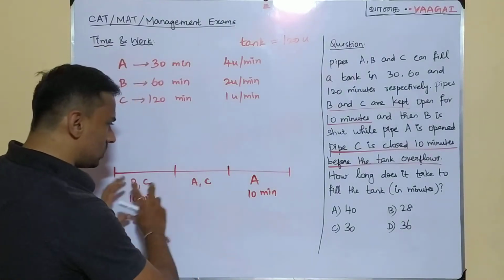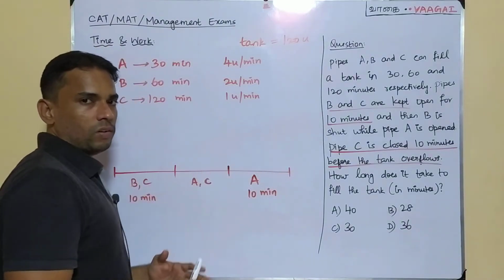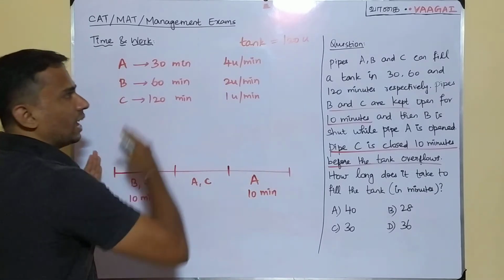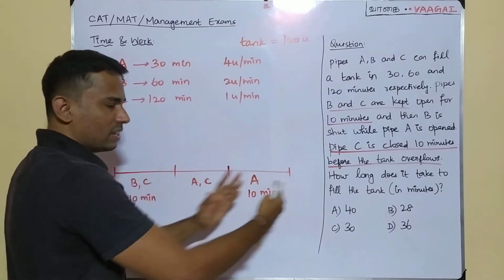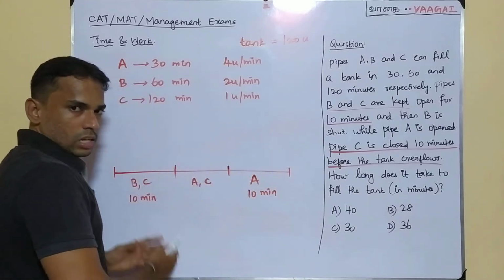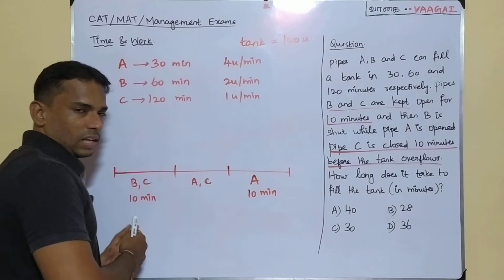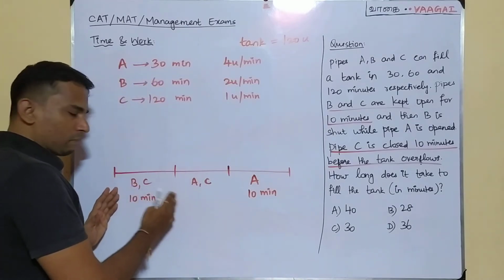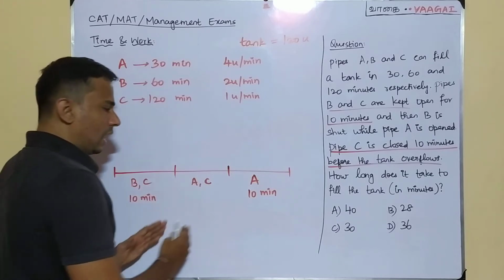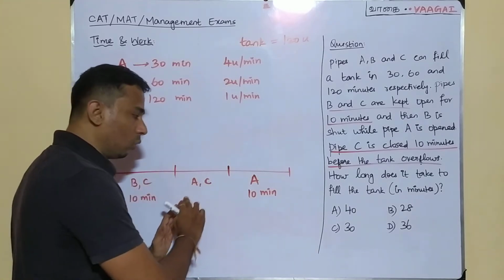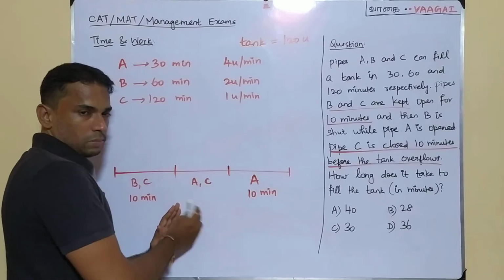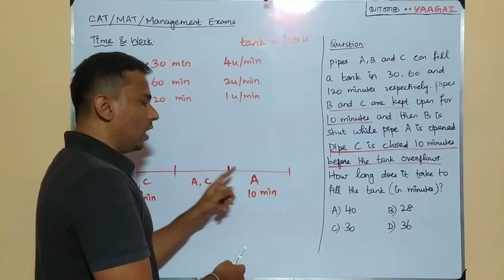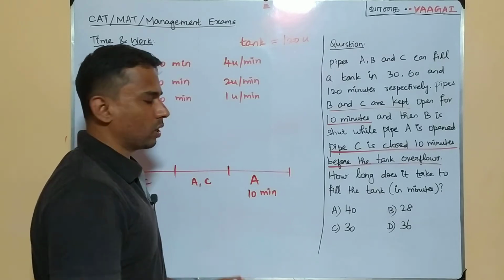Okay, so once this setup is prepared, then the way of solving the question is going to be very easy. Now see here, our entire problem, the tank is going to be filled in 3 different ways, in 3 different phases. So part 1, part 2, part 3, we have 3 parts. In the first part B and C are active for 10 minutes, and in the second part A and C are active, but we don't know the time duration. For how much time these 2 pipes are active, and for the last part, A alone is active, that too for 10 minutes. This is what we have.